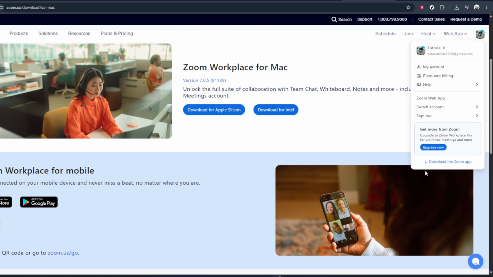That's it for getting Zoom downloaded on your Mac. The key parts